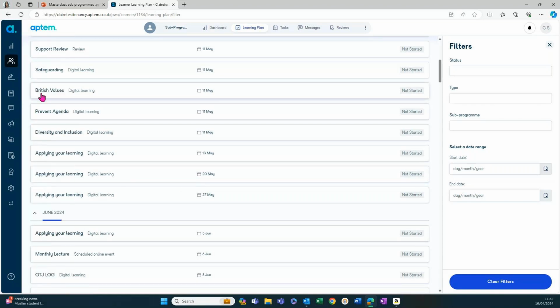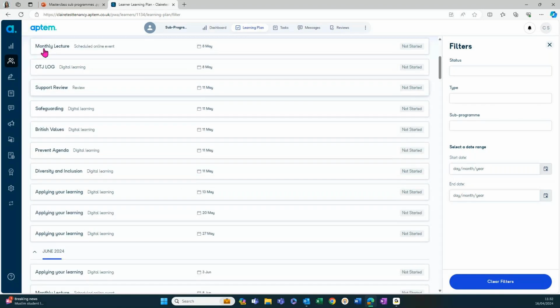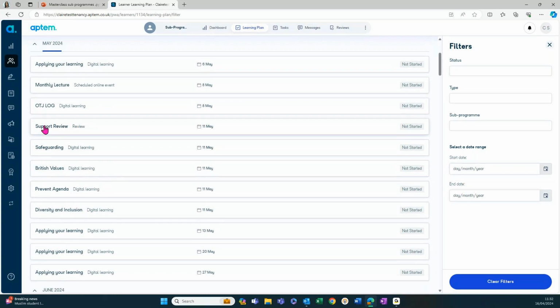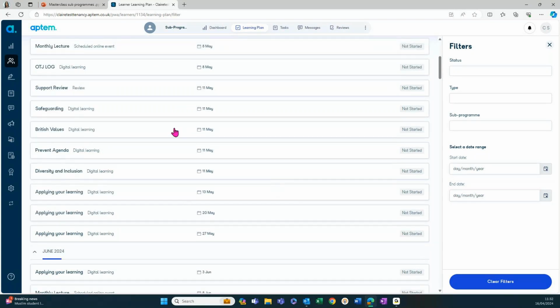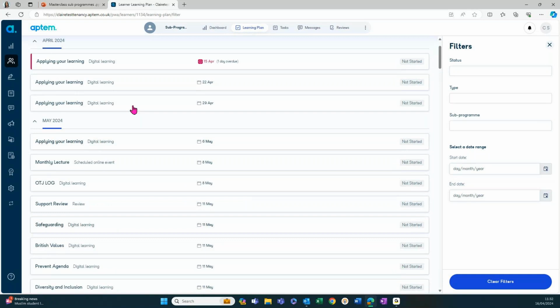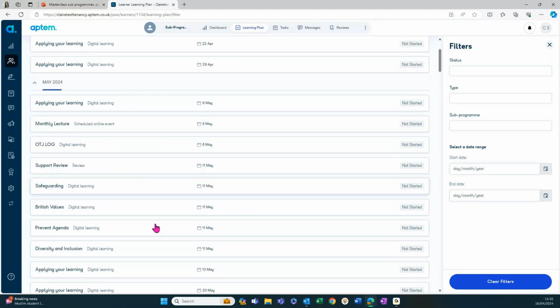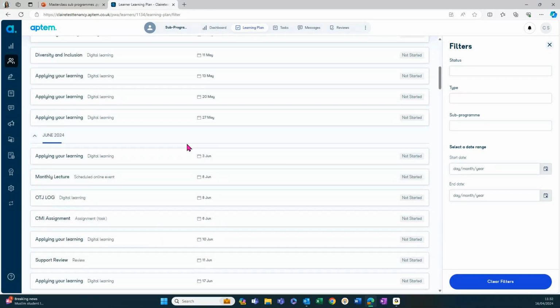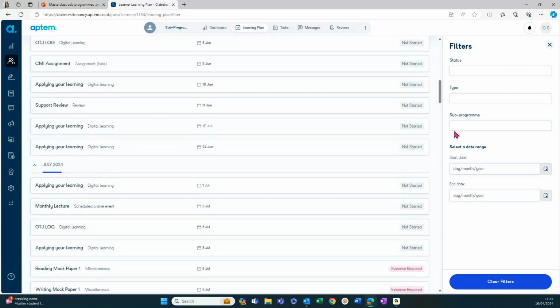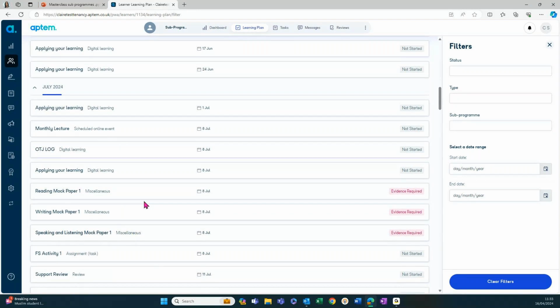So I know that, let me just start at the top. So I know that from there to there, so all of these activities here, I know because I built them, are all parts of sub-programs, and there are lots of other things in here as well. But learner doesn't see that. Learner just sees a nice logical learning plan. They can filter and they can find it if they want to, and I'm going to show you how to do that in a moment, but you can see how easy it is for learner to